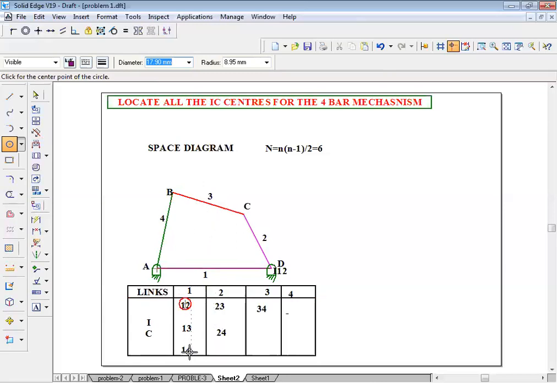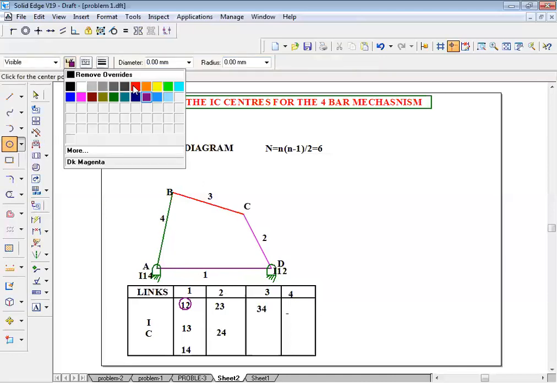Next comes to link number I instant, I14. So where is I14? Link number 1 is here, link number 4 is here. So therefore I easily know the location, that is here. Therefore this here I call as I14. Got it? Fine. So I14 is also fully known. Before we go on to adjust, take a round of this.